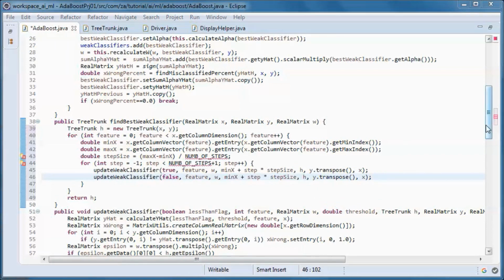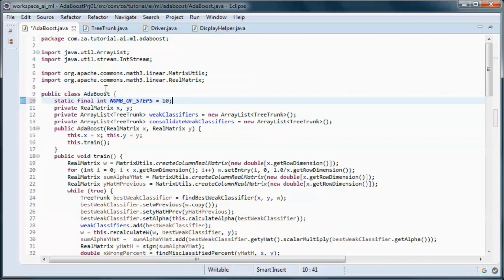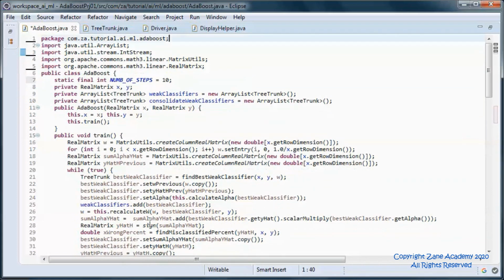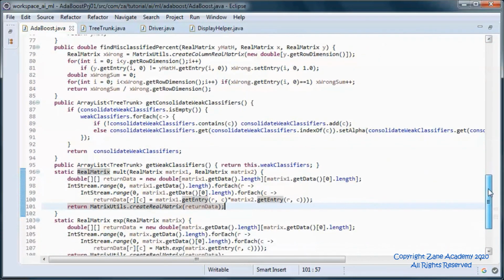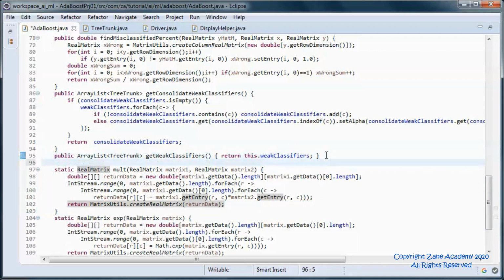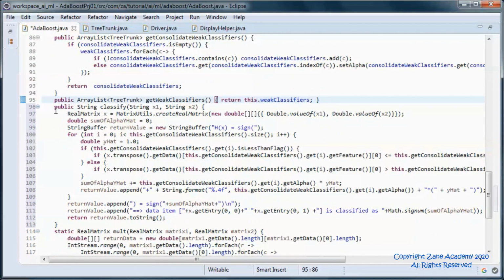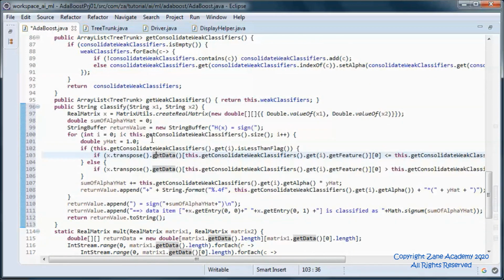And let's define the number of steps to be 10. And finally, this method will classify a data item that is supplied by the user.